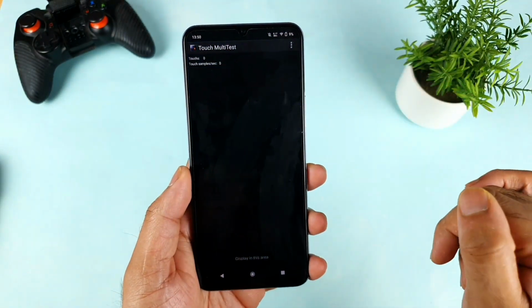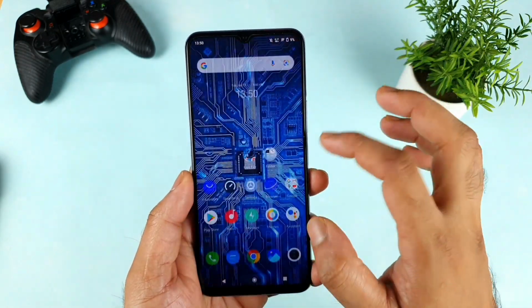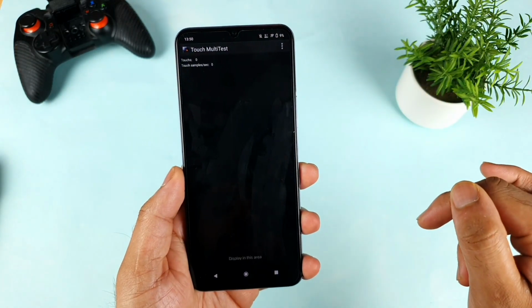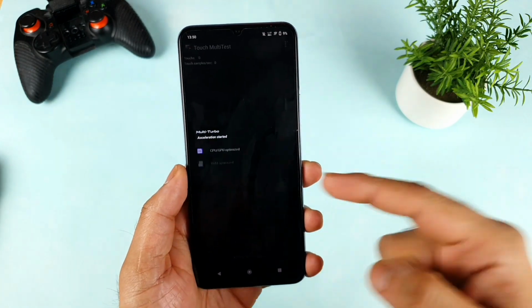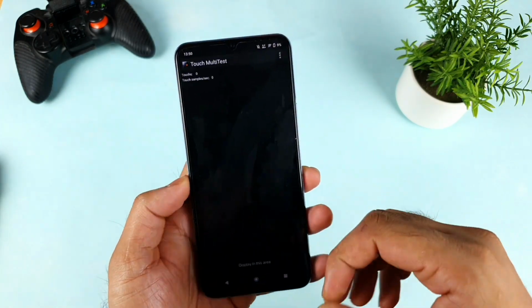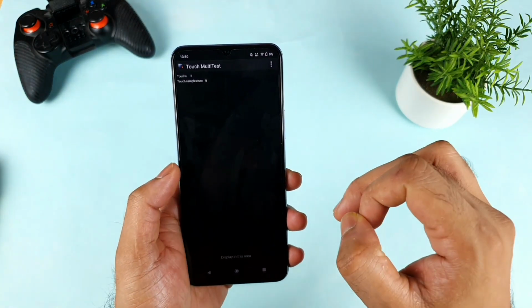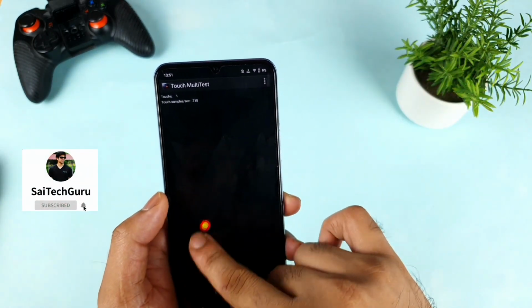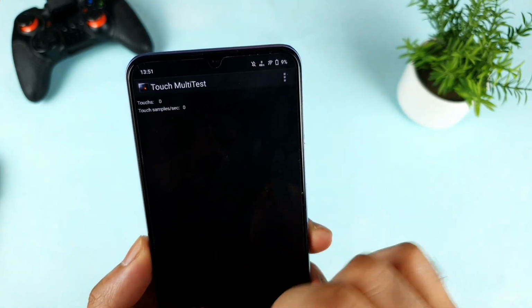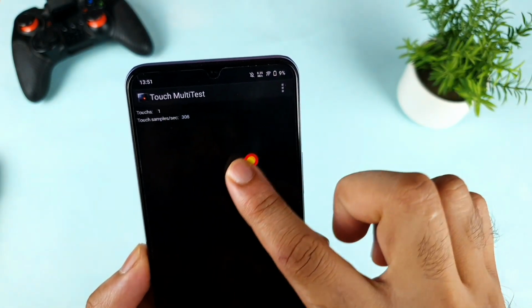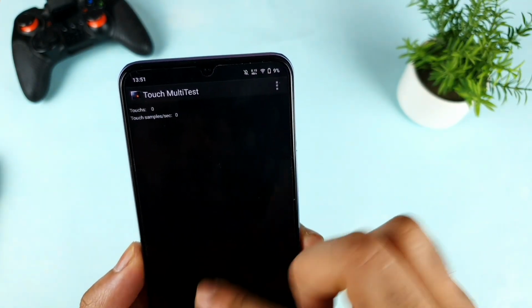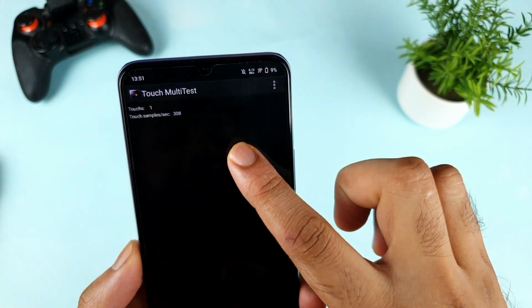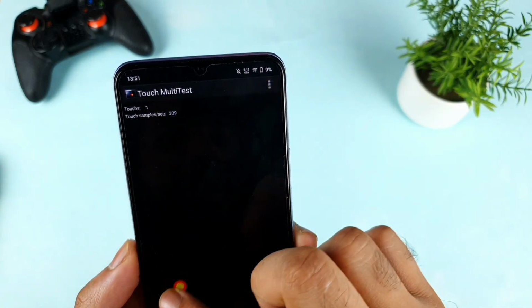So let's see friends. As soon as I open the application, it should open in the gaming mode. Let me try closing and opening again. Let's see. As you can see, the game booster has been started. So now this will enhance the touch sampling rate as well. Before it was 240 Hz which we saw. Right now let's see what it will be. As you can see, we are getting about 320 somewhere around that. As you can see, 310 and 320, friends, clearly. I can see the maximum maybe close to 310. That is what I saw, 310 only.